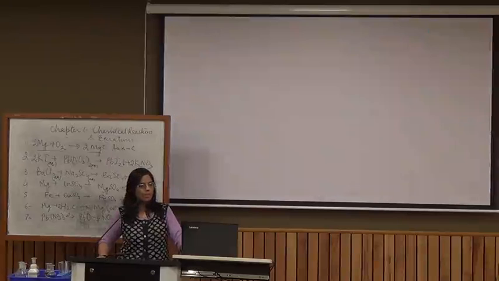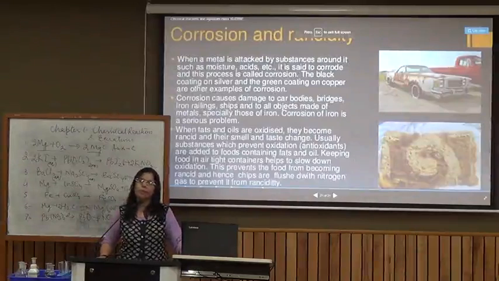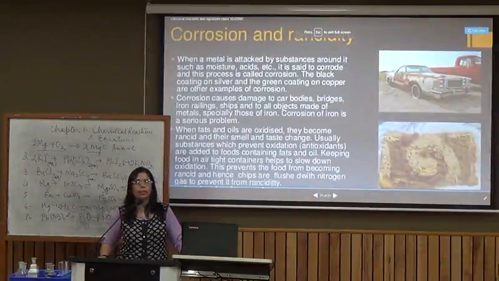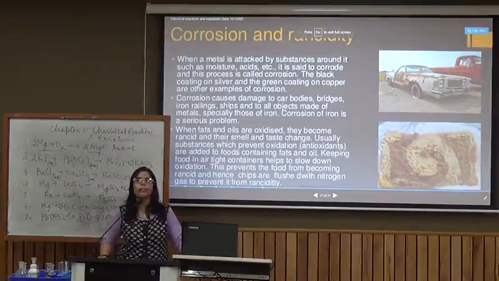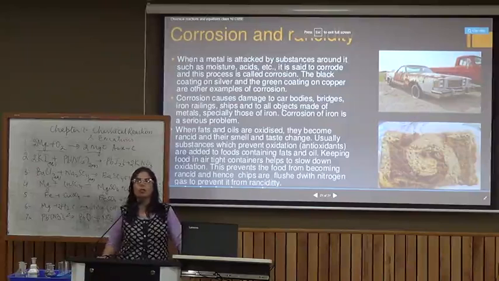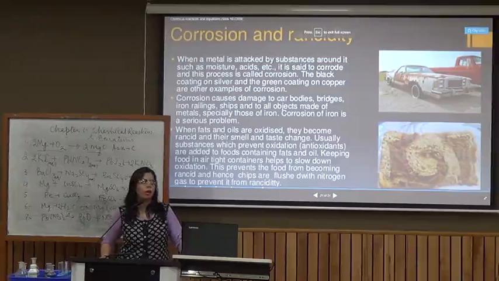Rancidity of the snacks or the wafers that you buy from the market is prevented by filling those packets with inert gases like nitrogen. So we prevent rancidity by filling the packets with inert gases like nitrogen, whereas corrosion can be prevented by several methods, like iron surface is often painted, electroplated, greased, oiled or galvanized. Sometimes we make alloys to prevent corrosion of metals.